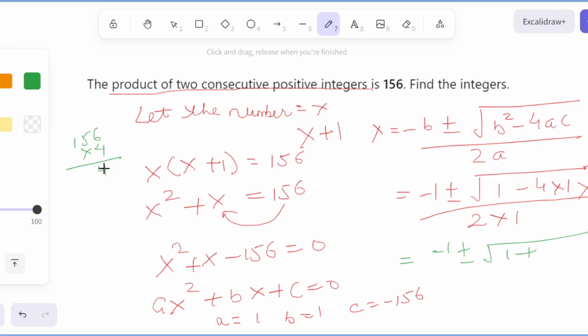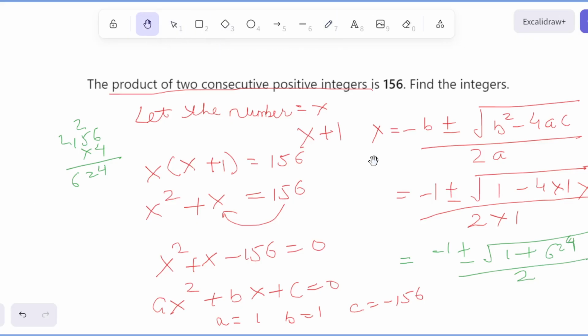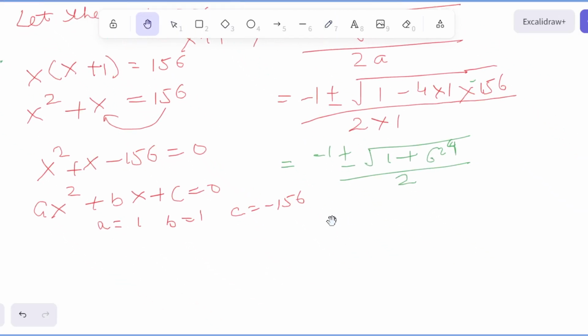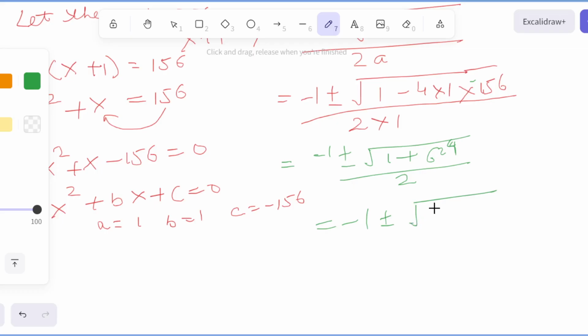So 6 times 4 is 24. To carry forward, 5 times 4 is 20, 22. 1 times 4 and 6, 624. And then divide by 2. If I take a little up, this is going to become minus 1 plus minus square root of 625